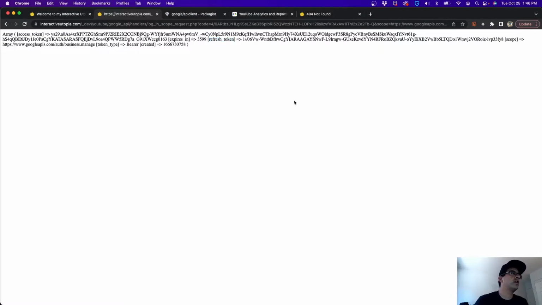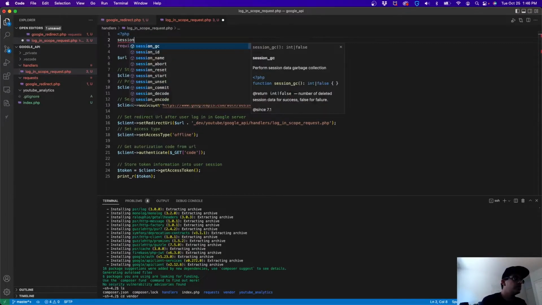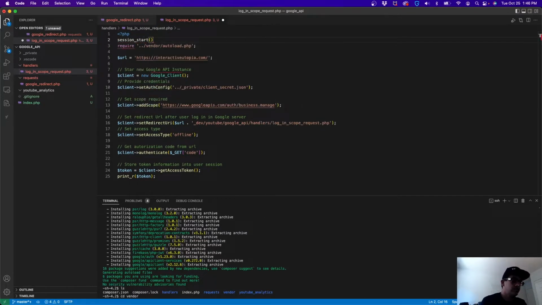And let's go ahead and store this. So if we want to do anything with it, we need to store it in some type of database or something. So what we are gonna do, we are going to start a session. So session start, and then we can put this token, and then we can do like session Google